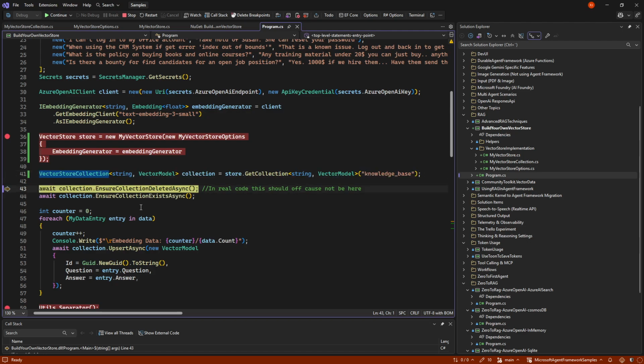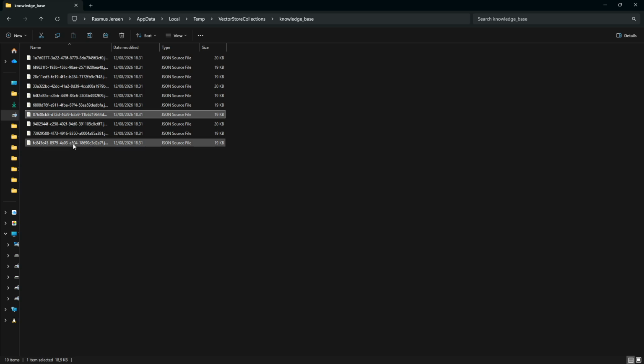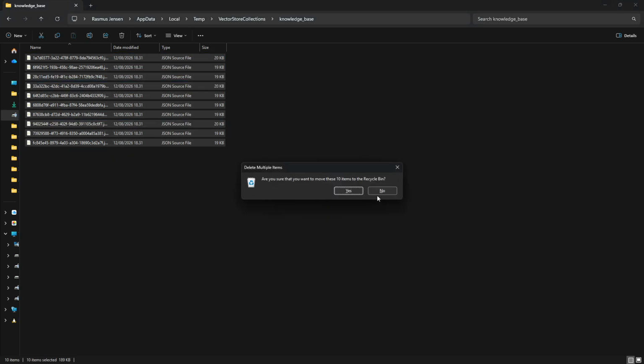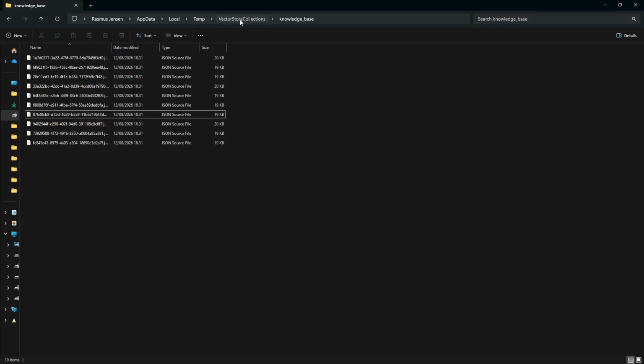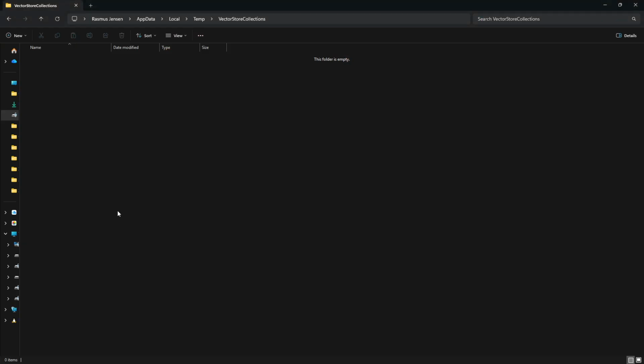So we have our collection, and then it says ensure collection deleted. And I haven't talked about this yet, but my collection is actually just files. I've made a vector store collection in my temp folder, and inside that it will end up with some JSON files. Right now it's there because I've run it already, but when I say ensure collection deleted, it will go away.